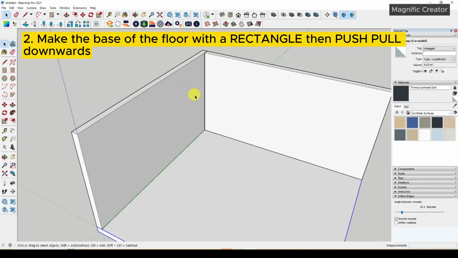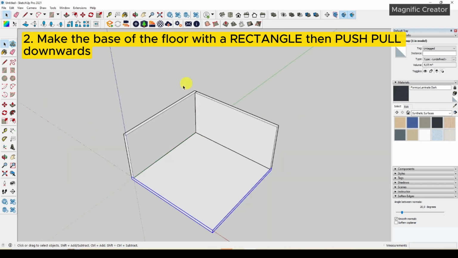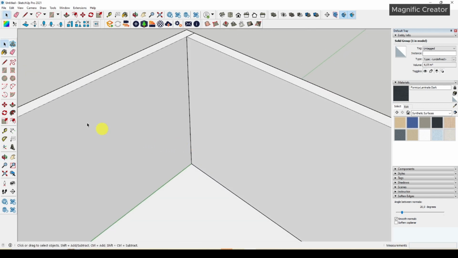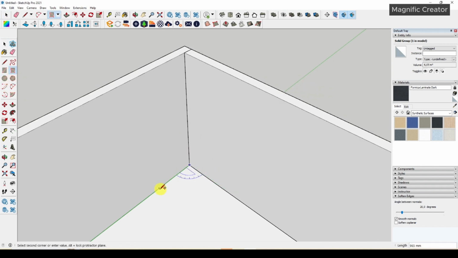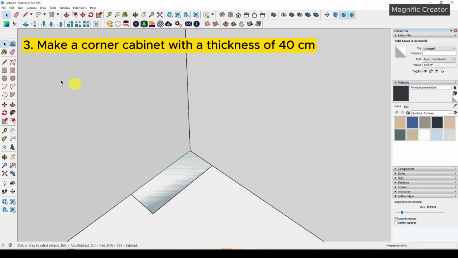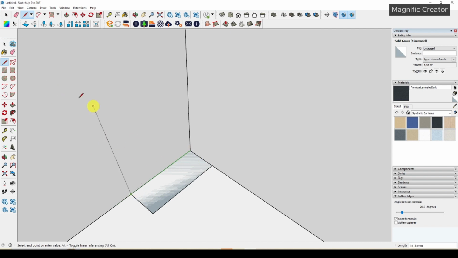Okay, after that you can make this furniture in this position. You can make a rotated rectangle for the base cabinet. You can set the cabinet length to 1000 and the width to 400. After that you can draw the line until